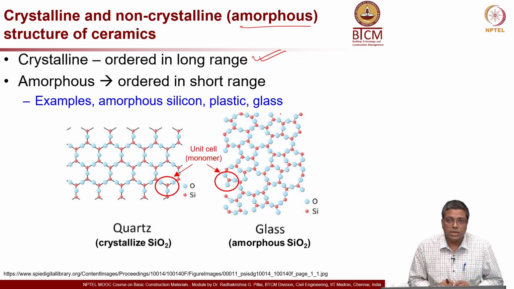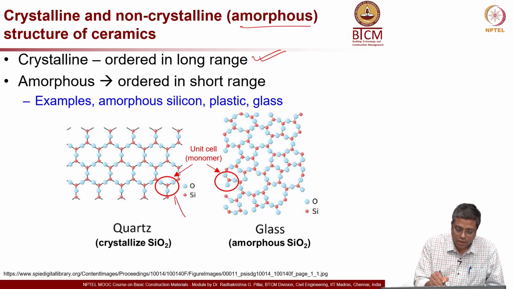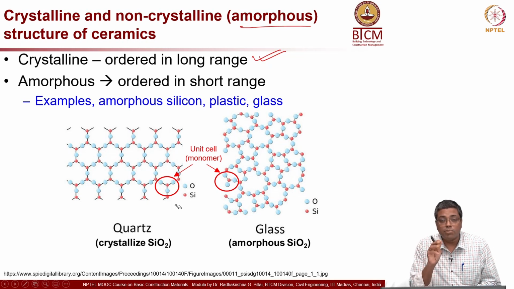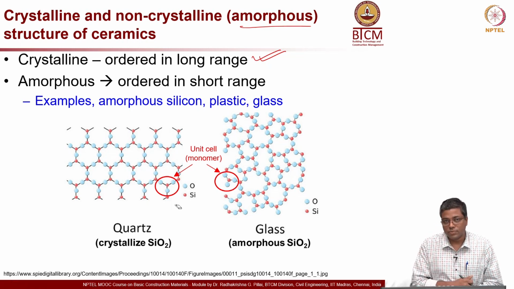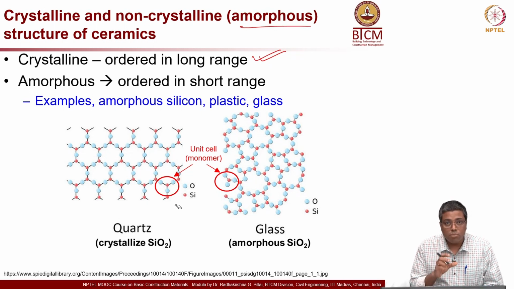Now, you see those two red circles over there. Both of these are formed with monomers like this one and this one. You can see the same type of building blocks are still there. In both the left and right, quartz and glass, you have the same monomers present, but when they are